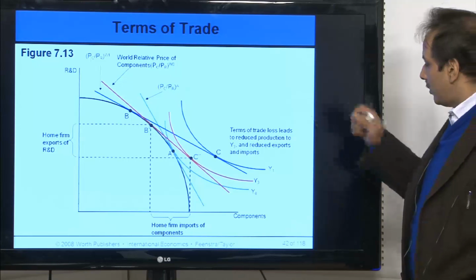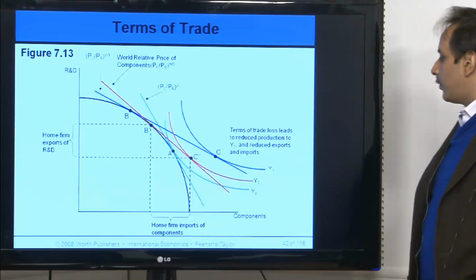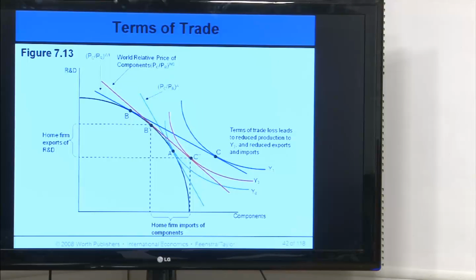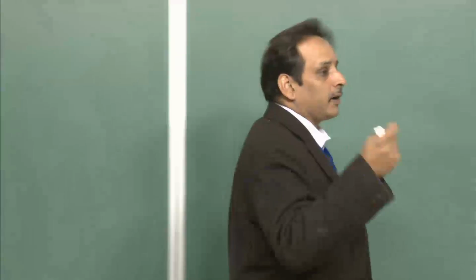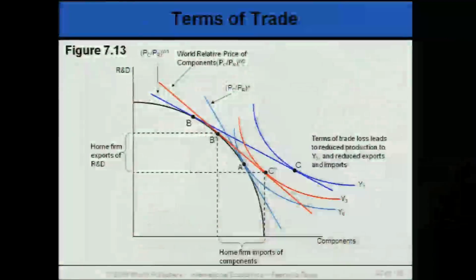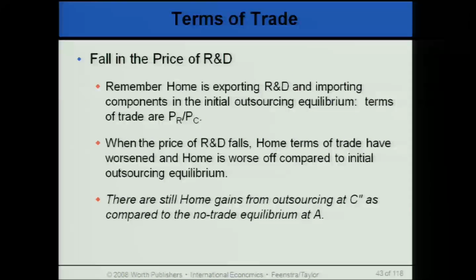So the terms of trade loss leads to reduced production to Y3 and reduced exports and imports of the R&D. So Paul Samuelson was concerned about the falling terms of trade because of the technological progress that takes place in the foreign country in the sector in which it did not have a comparative advantage. So this was the concern of Paul Samuelson,